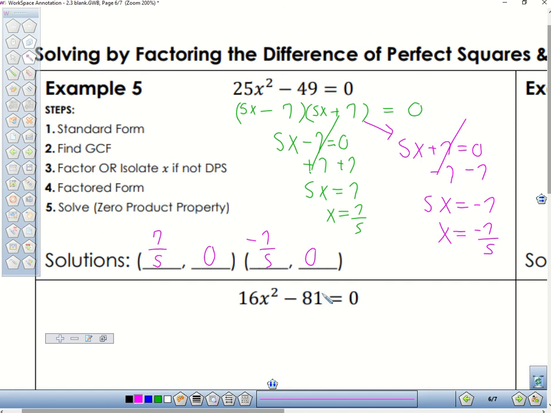Why do I keep it in a fraction? If you want to put it as a decimal, as long as it's not a repeating decimal, that's fine. I just leave it like that. You could also write it as a mixed number if you wanted to, which would be 1 2/5, I think. Alright, so the next one over here,